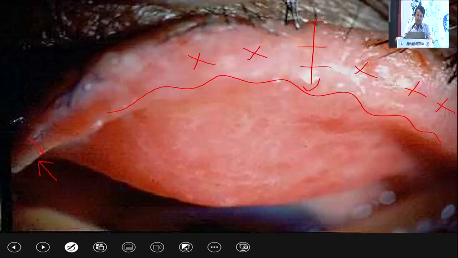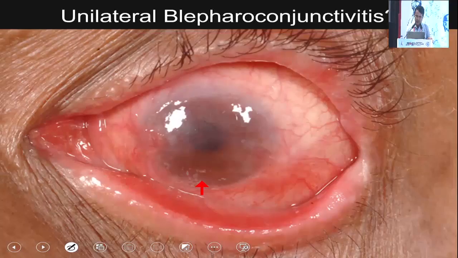So in a sebaceous gland carcinoma, what are lost are meibomian gland orifices because it's a tumor of the meibomian gland. The posterior lid margin gets rounded and the lid margin gets thickened apart from a conjunctival lesion. So this is a pagetoid sebaceous gland carcinoma, does not have a large tumor that you're used to seeing. So any patient with unilateral blepharoconjunctivitis with what looks like an ocular surface tumor, you should suspect pagetoid sebaceous gland